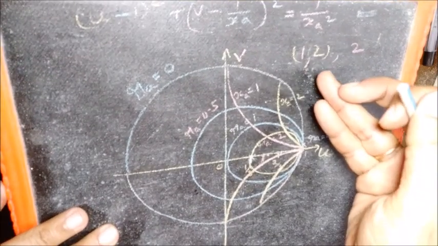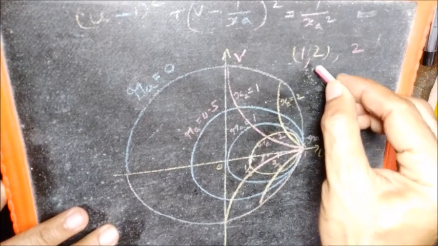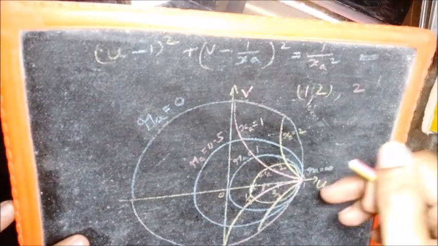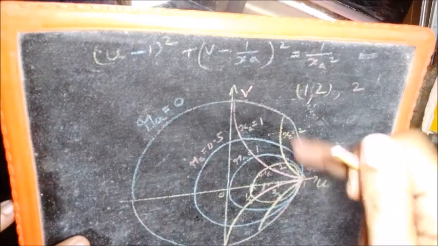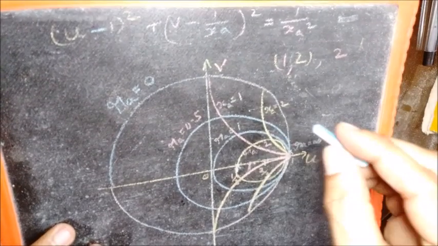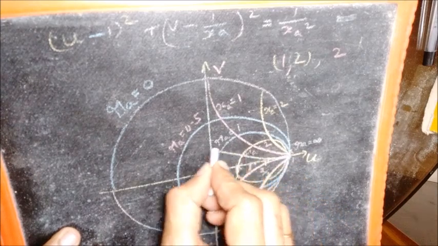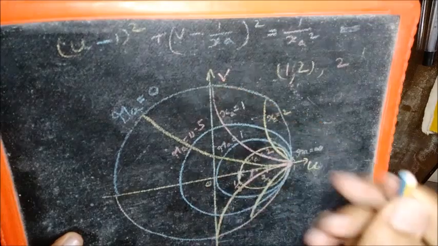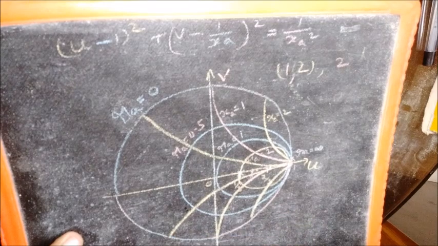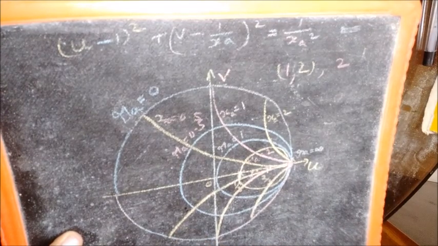Now, the center of the circle is at U equal to 1 and V equal to 2. That will be out of the board. So the center will be somewhere here, and radius will be 2. So you can visualize that it's going to look like this. Center is somewhere here and radius is 2. And for XA minus 0.5 it will be like this. So this is XA 0.5. This is for minus 0.5.